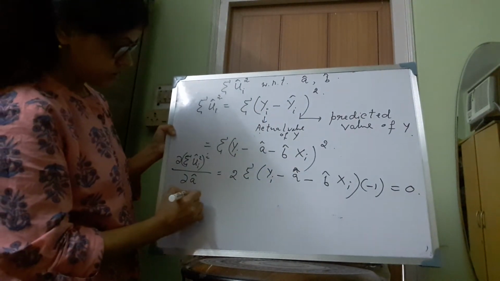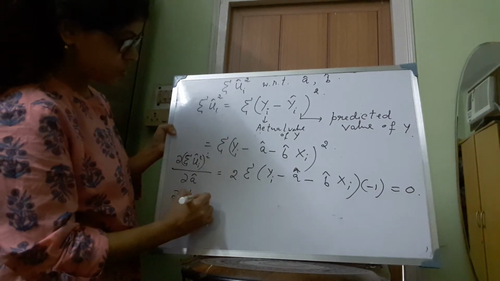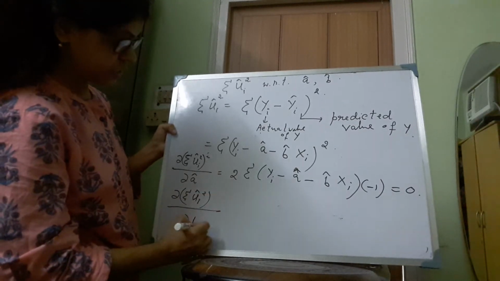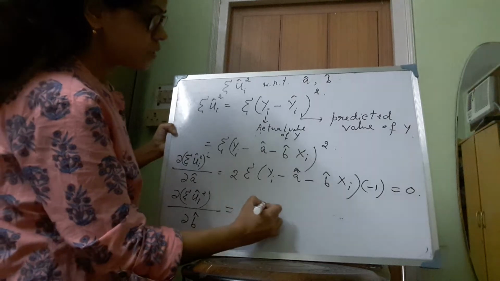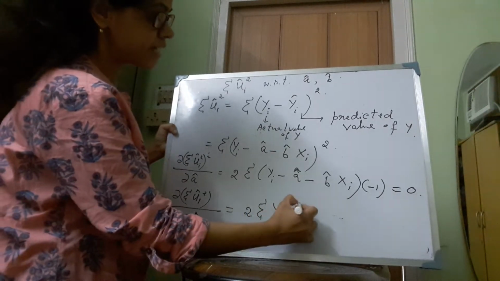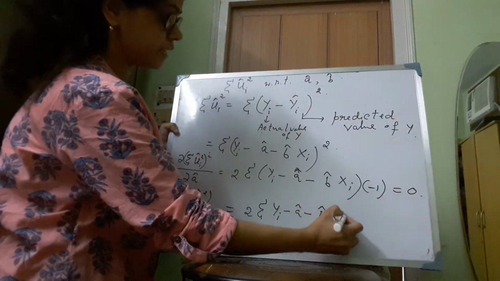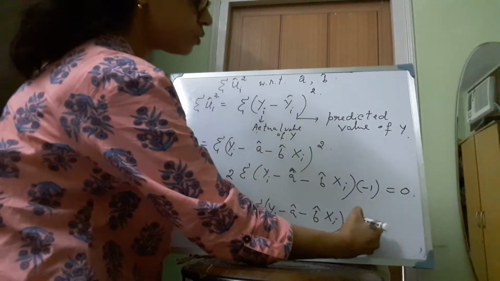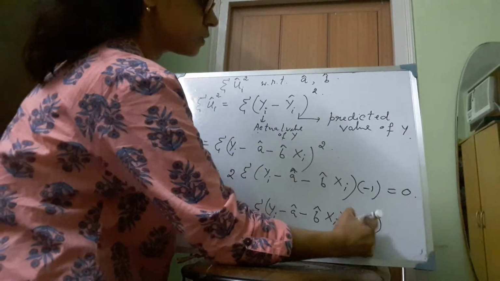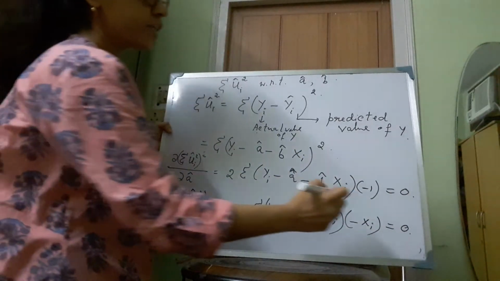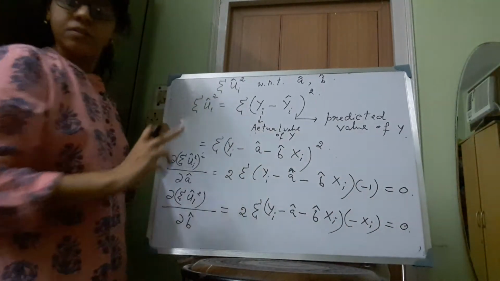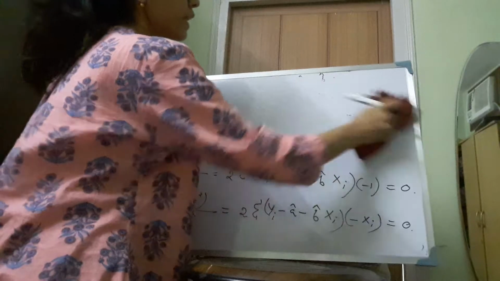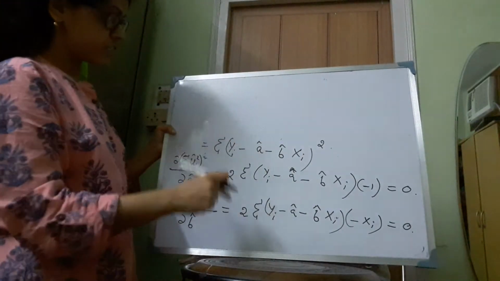Then the second first order condition is summation of ui hat square delta b hat is equal to 2 summation of yi minus a hat minus b hat xi. Then I have to take the differentiation of this. So this is minus xi is equal to 0. Now these two equations I am getting by minimizing summation of ui hat square with respect to a hat and b hat. Now simplifying these two equations, I get